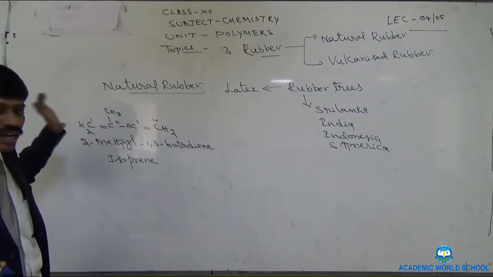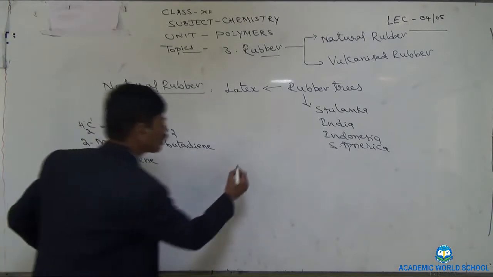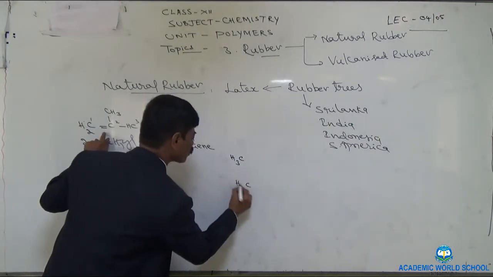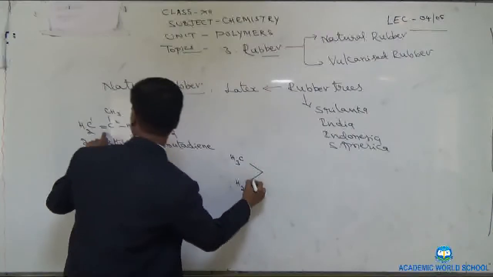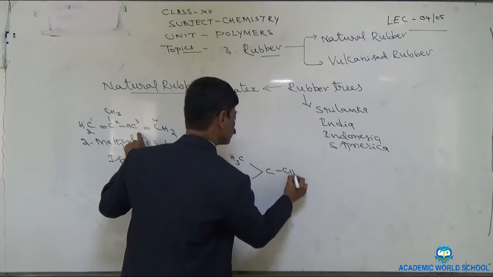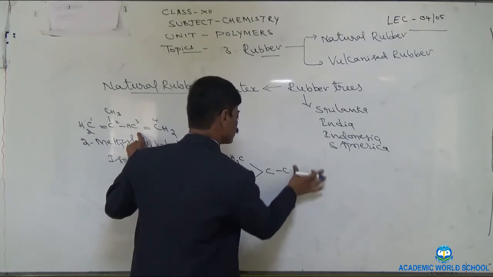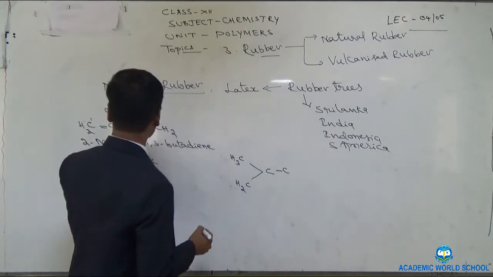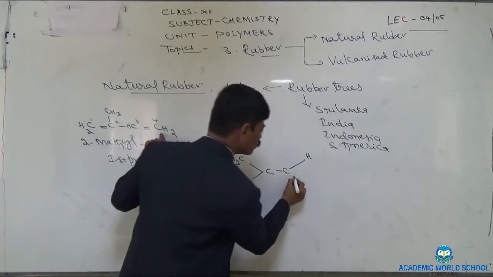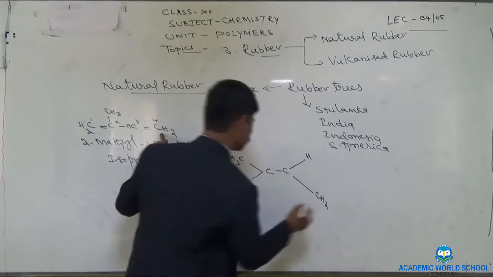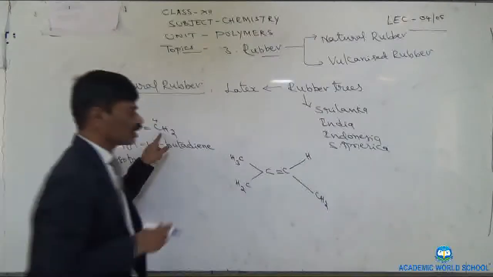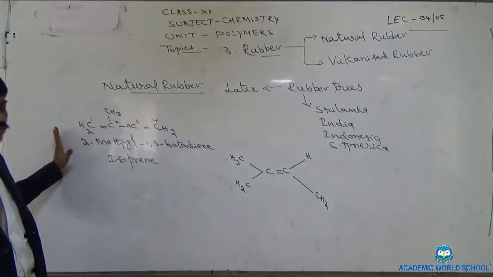And how we are going to get its polymer? Let us see. Same structure I am going to show in a different way, like this. CH3 and this CH2 I will show down in this way, and these two carbon atoms are connected to one carbon, that in turn is connected to CH, right? And that H I am going to show in this way, and CH2 here in this way. Now to satisfy the valency, I show 1 pi bond. This is nothing but isoprene unit.